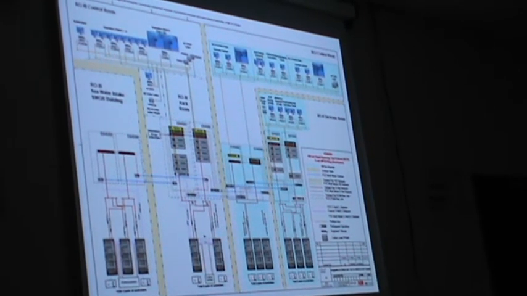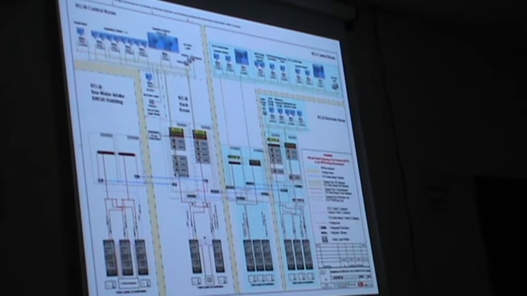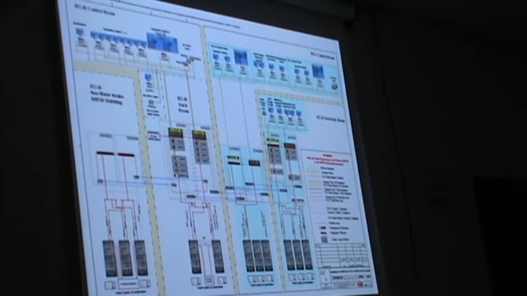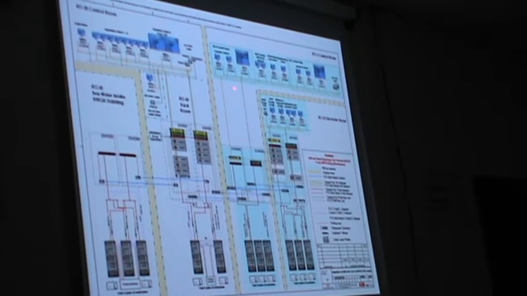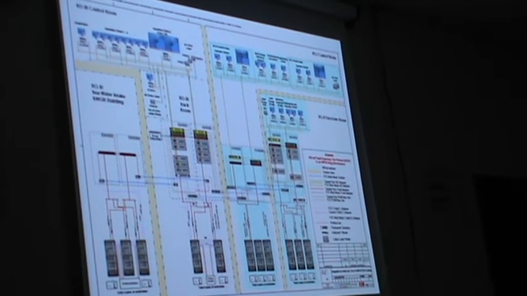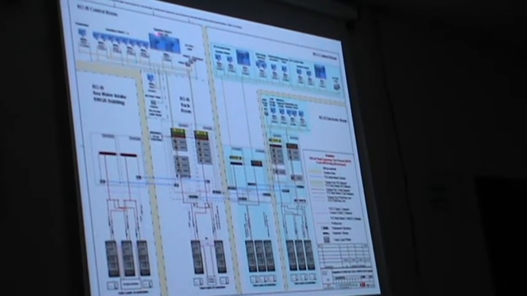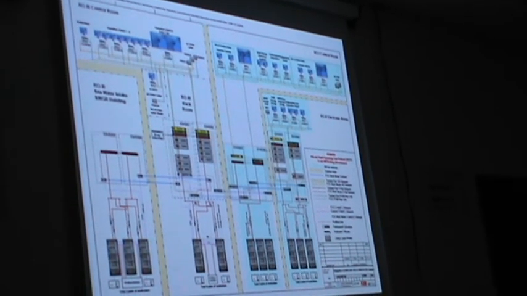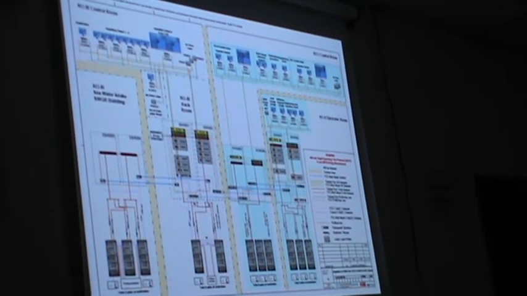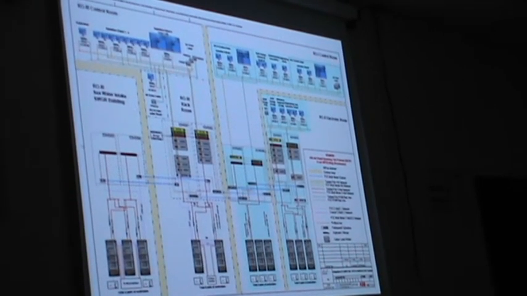So what will happen? You can see all the network, all the operations, all the graphics, logics, everything can be controlled from here also. You can operate everything from your existing plant, otherwise you can shift here. You can operate all your existing plant from here also. So both side operation is available now. You can operate your existing plant from the new plant and the new plant from the existing plant. Both sides are possible right now.